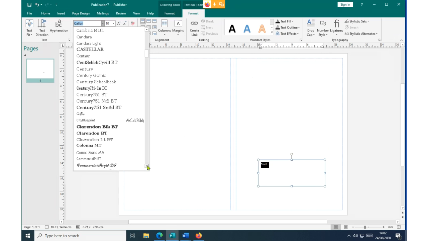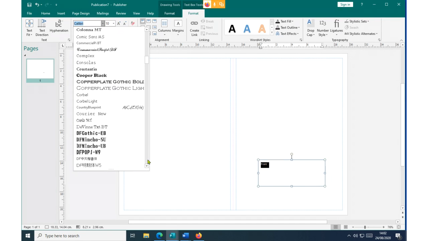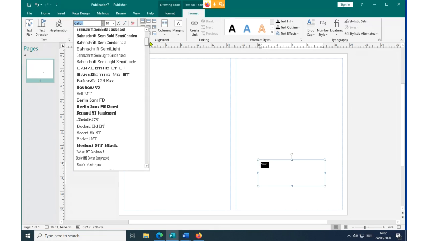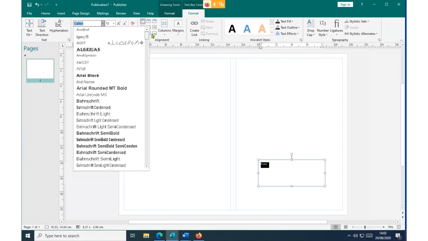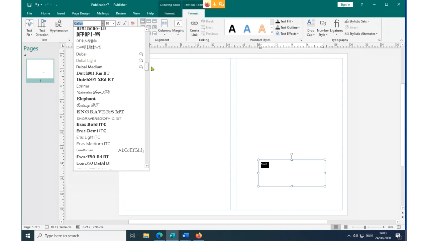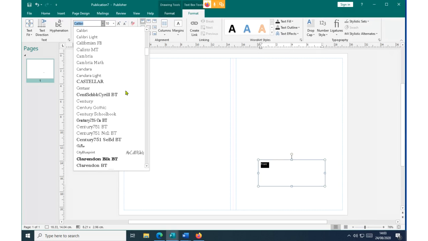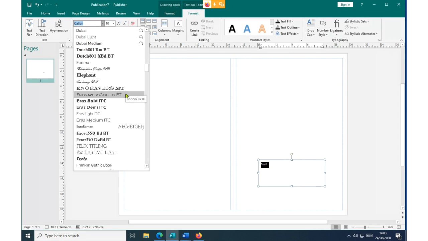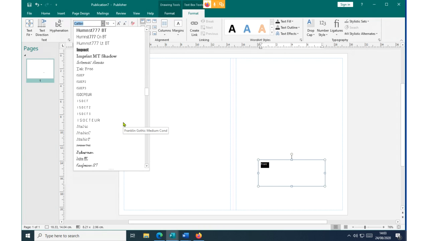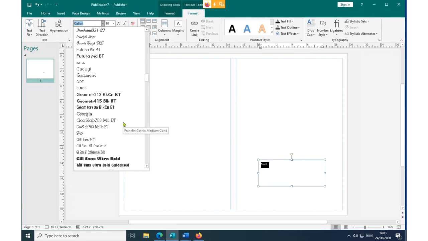You can use any font. I'm trying to use a particular font. Allow me to locate a font that I feel can give us a good feedback. I'm scrolling downwards. Okay. This is a particular font which is normally good for designing, basically the one used for designing the content words inside.